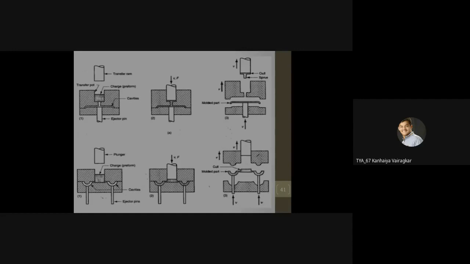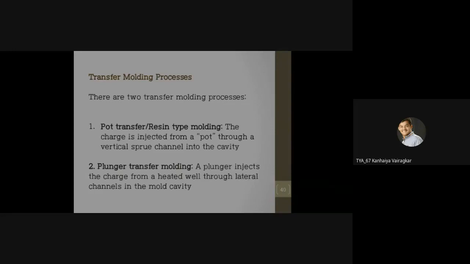As such, there will not be a transfer pot. The material is kept directly inside the cavities. First there is a large cavity where the plunger will push the material into the smaller cavities, and the smaller cavities are going to be part of the component. So a very small difference between the two processes: pot or resin type, and plunger type.